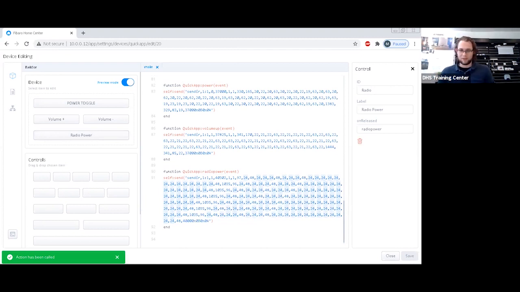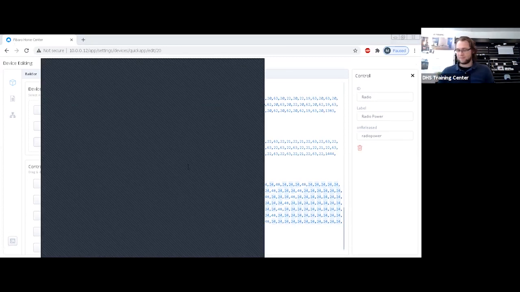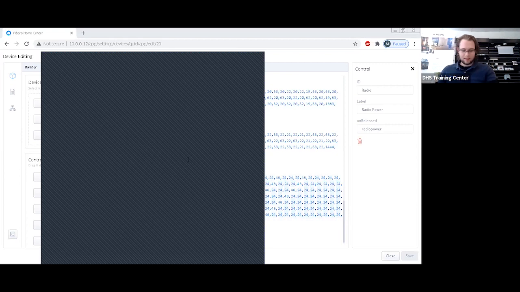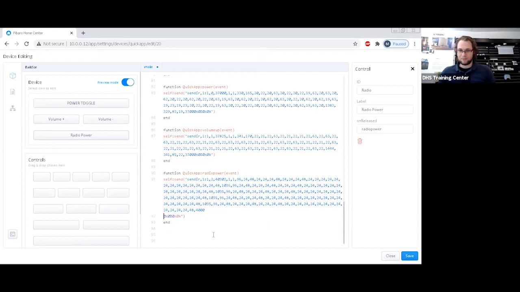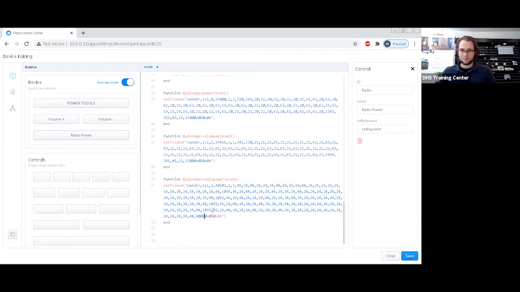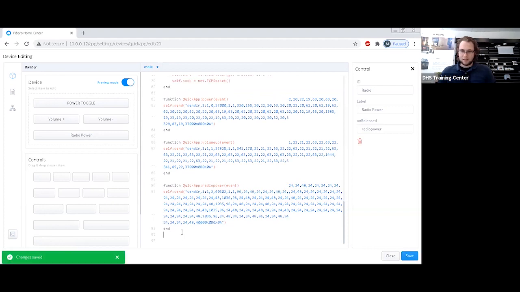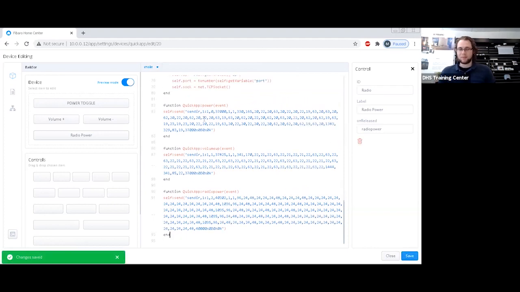One moment. What happened? Pressed the wrong button. There we go. Held the button in, which sends it to another command. Apologies for that mistake. Simply just change this entire code. Press save. That mistake has just been overwritten anyway, and now I should just be able to press toggle after